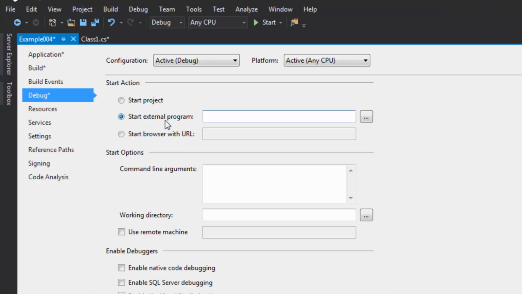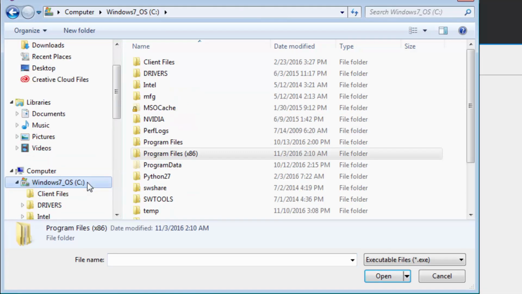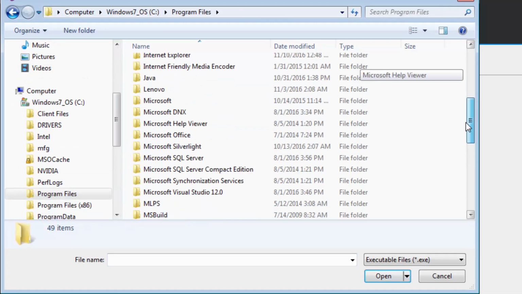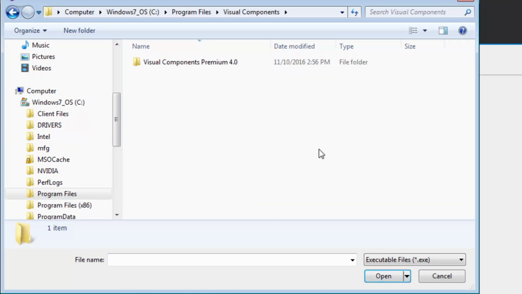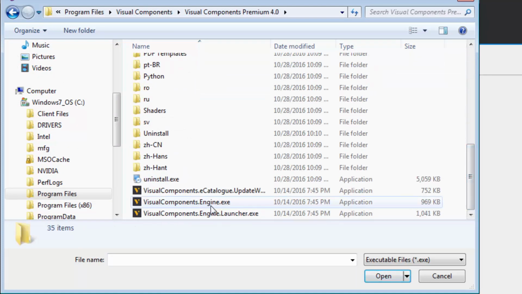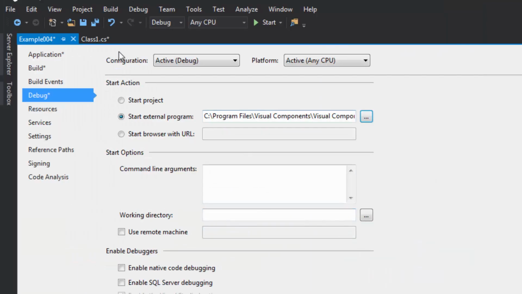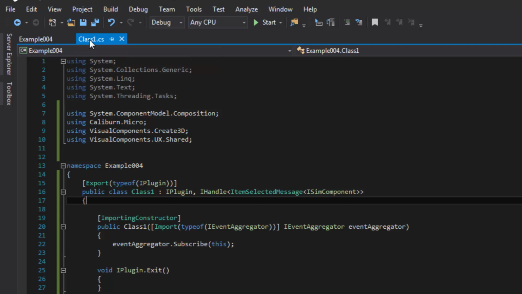So I'm going to select Start External Program, and we're going to start our Visual Components product. So go back to those program files, and the executable file is called visualcomponents.engine.exe. Click Open.